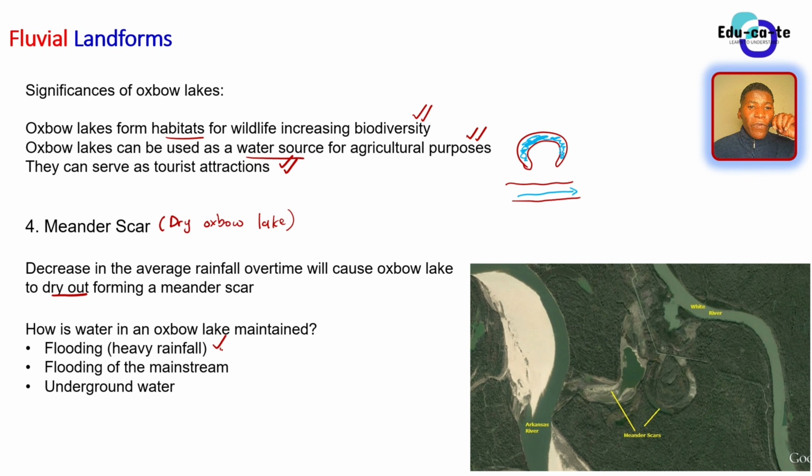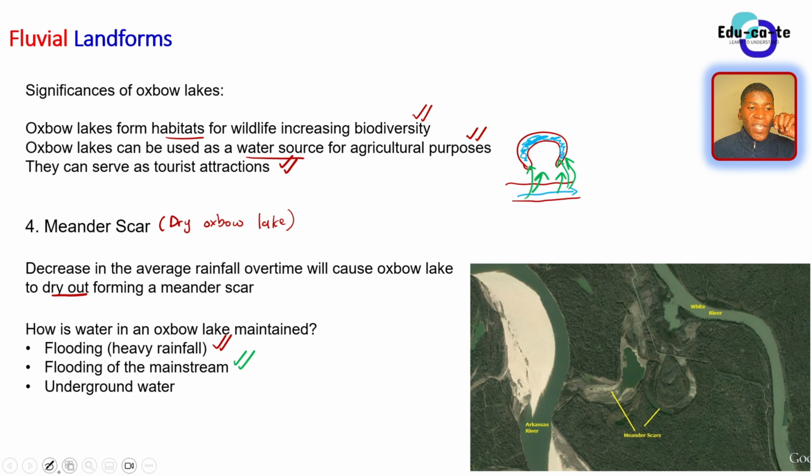So when there's a lot of heavy rainfall, basically, that heavy rainfall will be able to flood and fill up the oxbow lake, because we want water to be in the oxbow lake so the rainfall can bring them water. And then also when the mainstream floods out, let's just assume that river rejuvenation has taken place and then the mainstream is flooding. So some of the water of the mainstream will just go around and it might fill up the oxbow lake as well. So this is another option, as well as